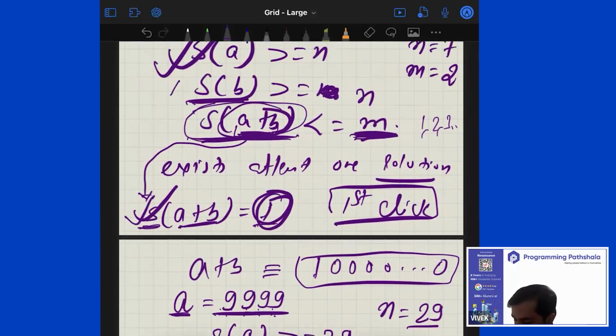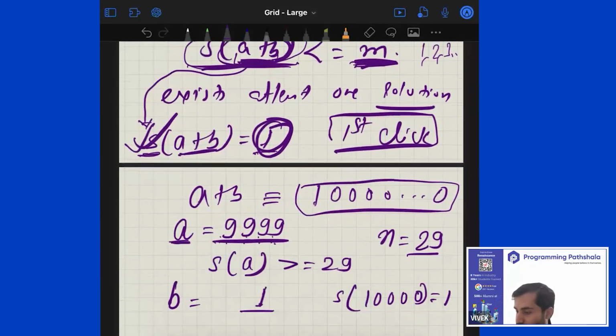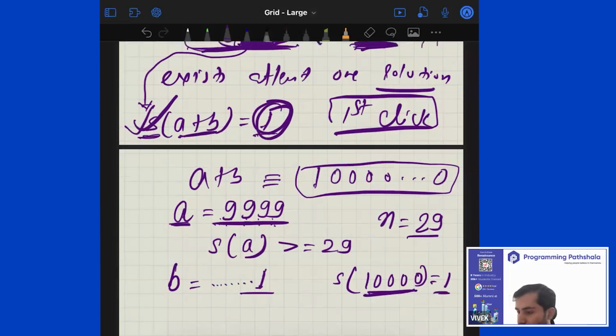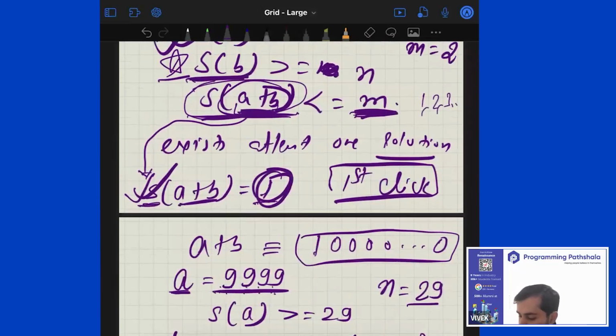But is this thing taken care of, guys? No, exactly. This is not taken care of. That's the point. You have thought very well, you just have to augment your thinking. You thought that if I put 1 here, everything will become 0, only 1 will come and I'll get this thing, and S of this will be 1. But just augment your thinking and add something to it so that you can take care of this